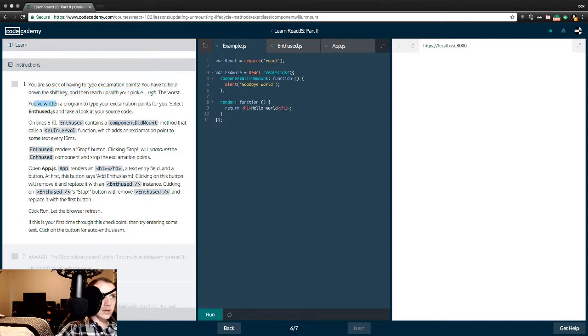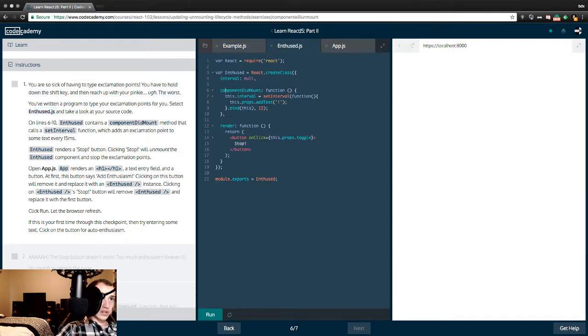You've written a program to type your exclamation points for you. Seems like a lot of work just to not have to hit the exclamation. That's all right. Select enthuse.js to take a look at your new source code. Lines 6 through 10, Enthused contains a componentDidMount method that calls a setInterval function, which adds an exclamation point to some text every 15 milliseconds. Is that right? Enthused has a componentDidMount function, this.interval, setInterval function, this.props.addText, exclamation, dot bind this, every 15